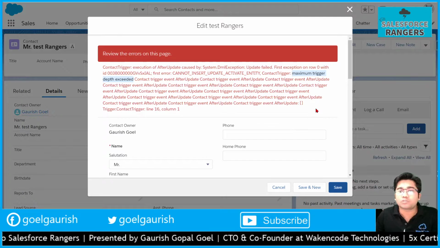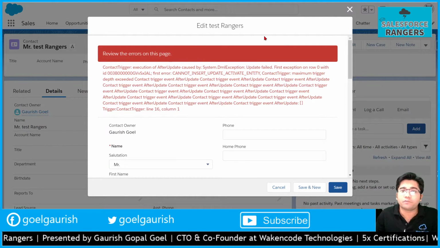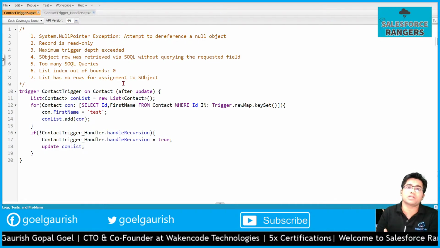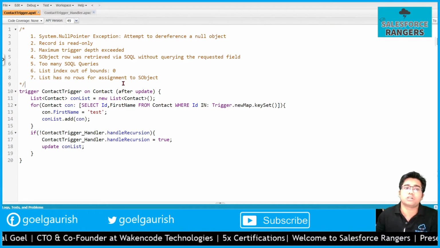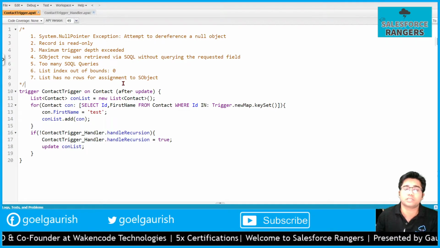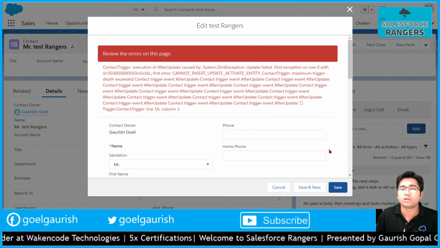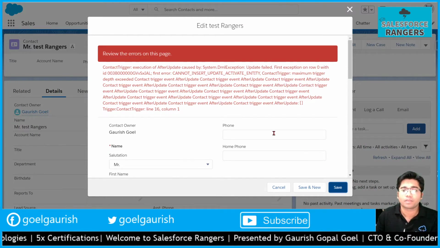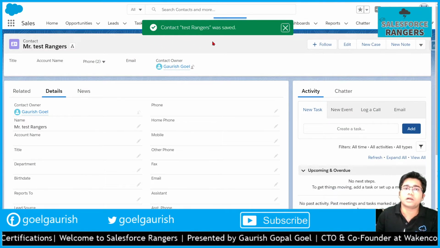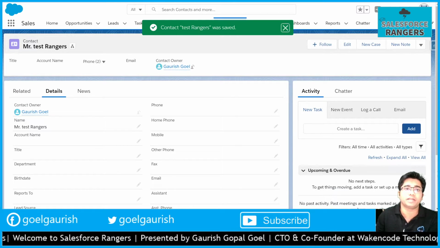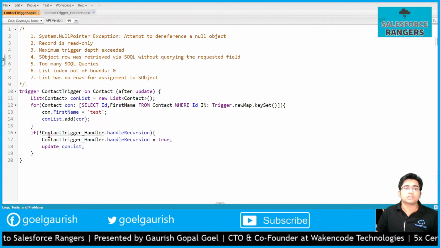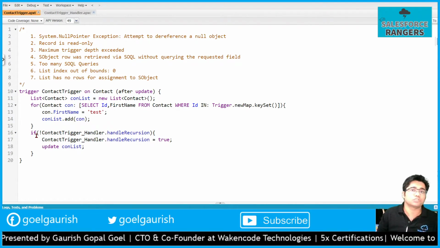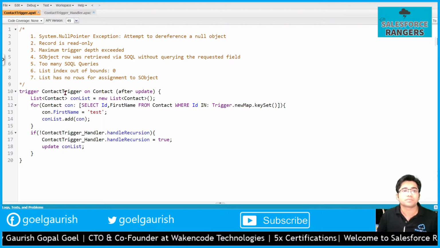All right, let's try to save this trigger. See, we don't need to refresh this window because Apex triggers are running in the backend. It's not the UI thing, it's not the front end part, it's a backend part. So we don't need to refresh our UI. Just click save and the trigger will execute. See, the error is gone, the record has been updated successfully. So this is how simple it is. Just create a static property in a class, change its value, and put an if condition.